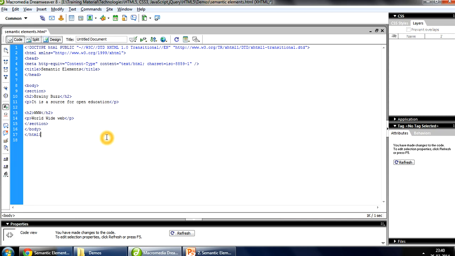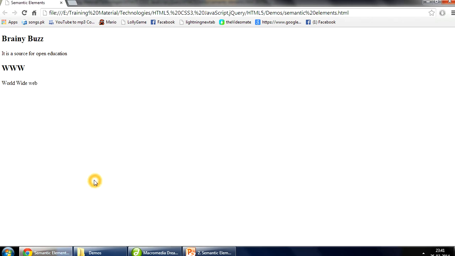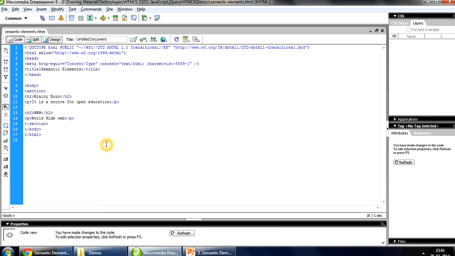We can just try removing the sections, save it, and refresh it. You can see there is no UI difference, but there is an HTML page difference, that it will make a difference if you add two sections or one section in the designing of the page.